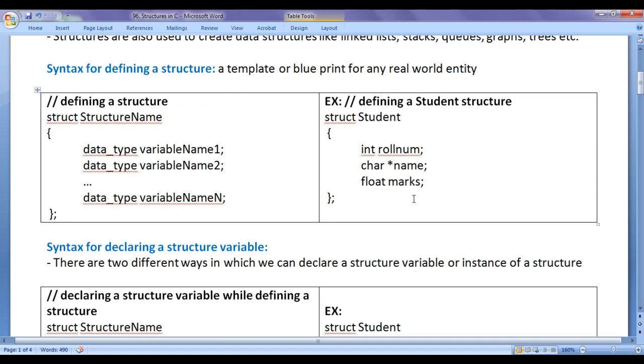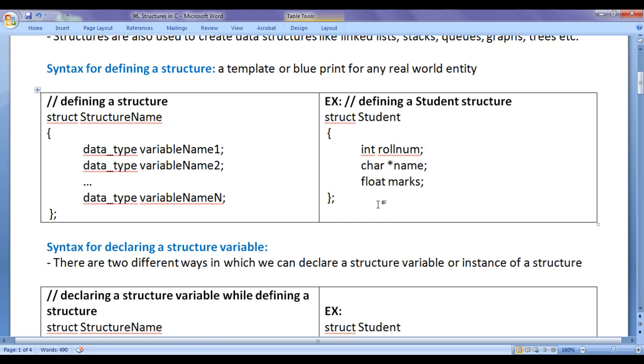To represent students inside a C program, we must define a student structure, guys. This is how we define a student structure. We write struct keyword space, then we write the structure name student, opening flower bracket, closing flower bracket. Inside pair of flower brackets, we list properties related to any student, guys. Student is going to have roll number, name, marks, age, gender, date of birth, phone number, email ID, etc. All those properties we list inside pair of flower brackets, guys. You can see that student structure is terminated by semicolon symbol.